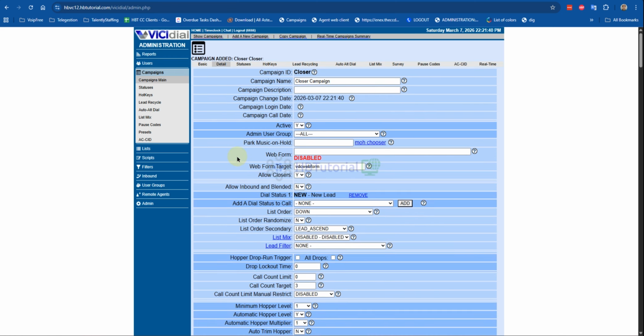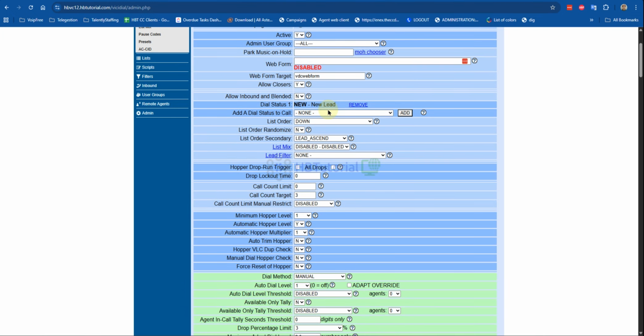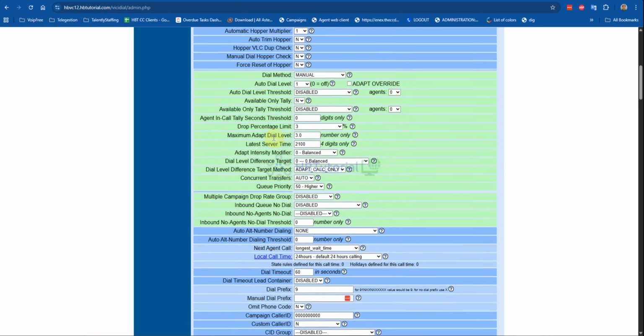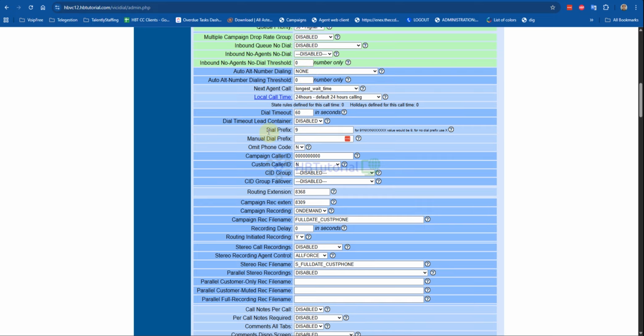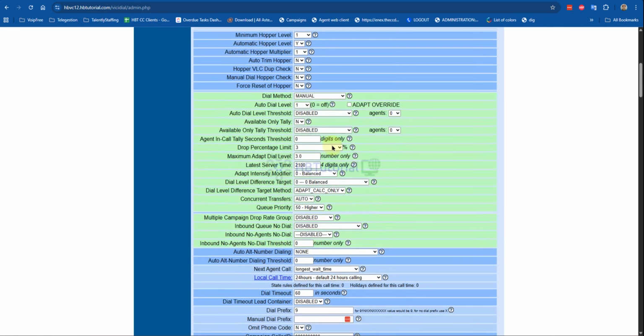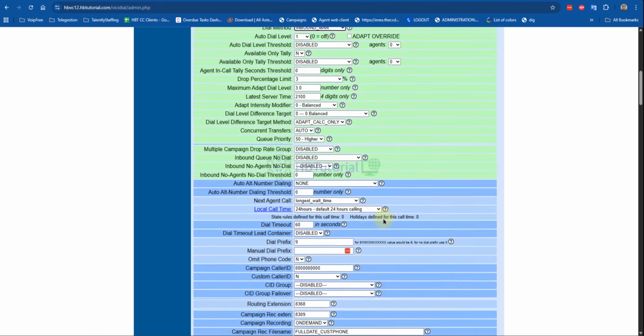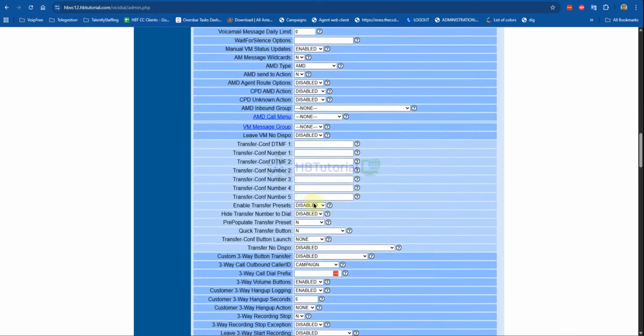Okay, so after creating the closer campaign, from here you need to select the inbound group blended. And if they are really closers, you can set this one inbound so that they are able to receive the transfer, and then you can submit.